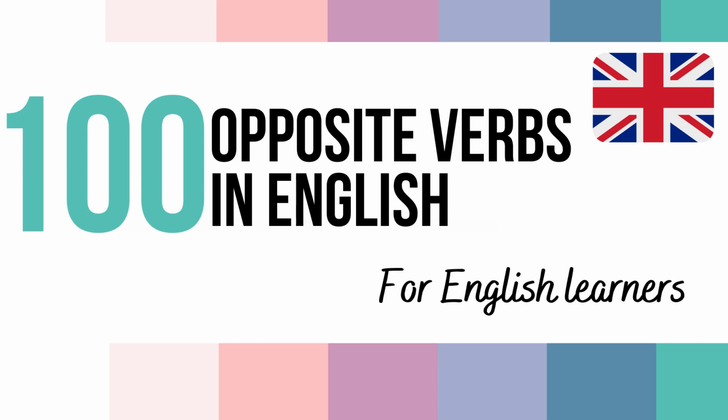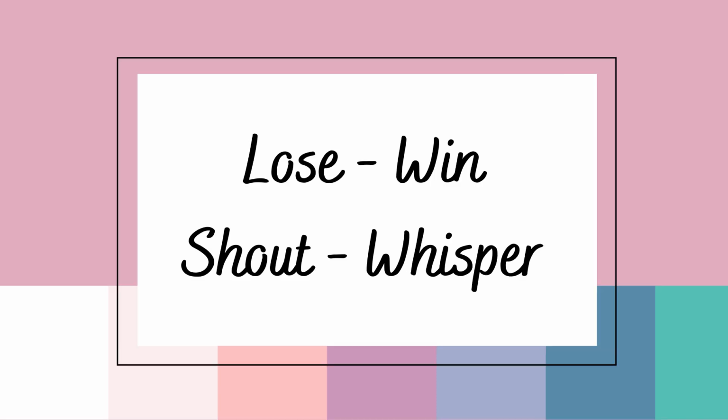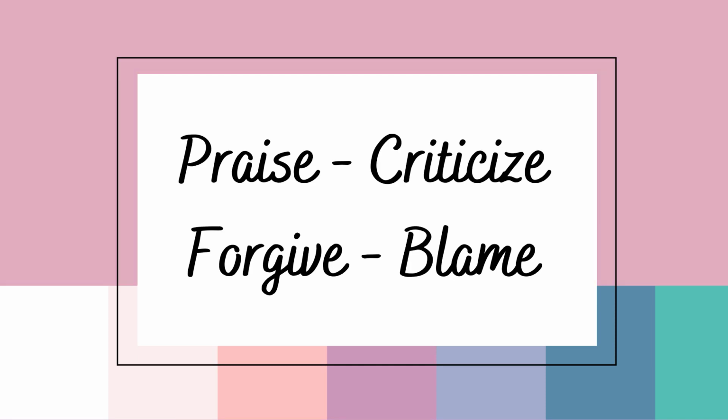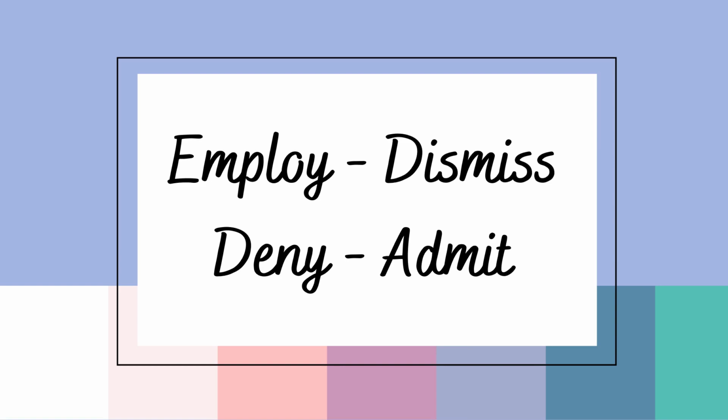In today's video we're going to be looking at 100 opposite words that are verbs in English. And at the end I'm going to be testing you on several of them, so make sure that you're paying attention. Lose, win, shout, whisper, accept, reject, complicate, simplify, praise, criticize, forgive, blame, employ, dismiss, deny, admit,